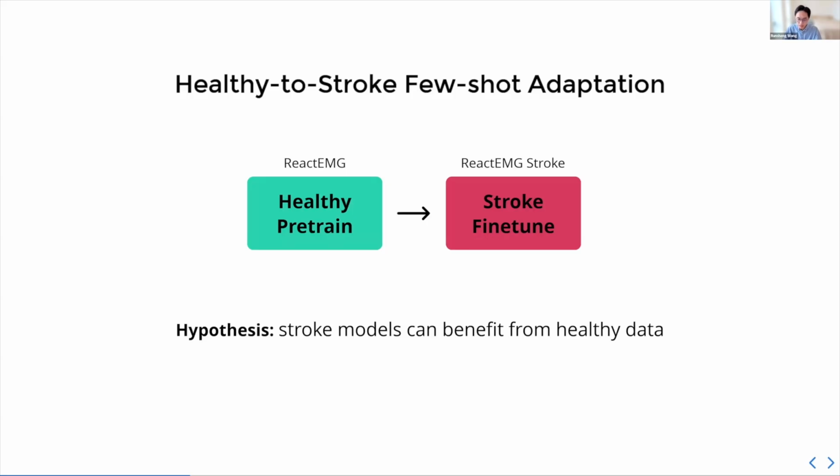This might make sense straight off the bat, but I'm sure OTs will disagree with me strongly because we all know that healthy and stroke EMG are very different. And as you will see very soon later in the talk, if you take a model trained only on healthy data and apply it directly to stroke, it does not work at all.